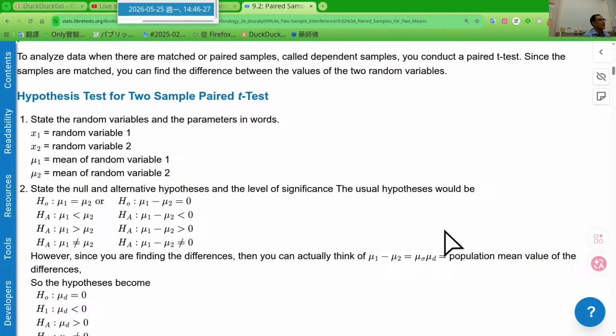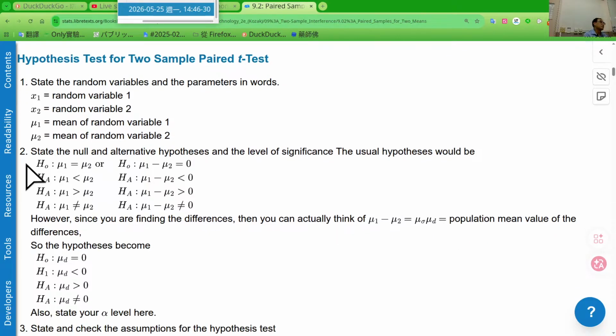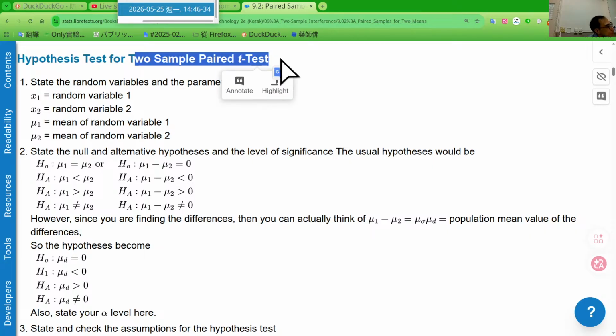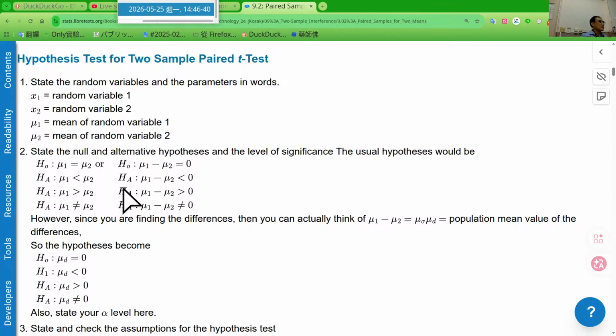Okay, then let's move to this one. Hypothesis test for 2 sample paired test. Okay, concentrate on this issue because this one is very important. State the